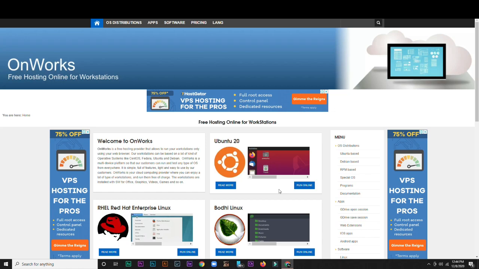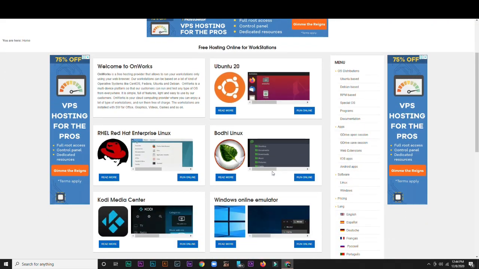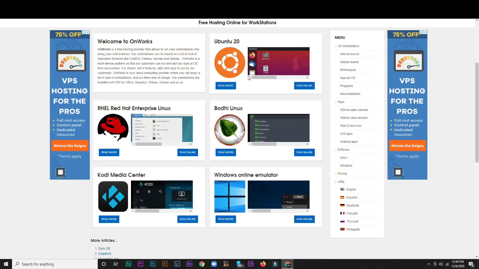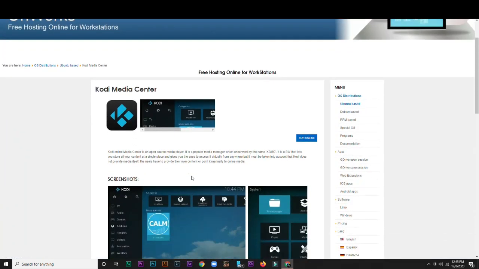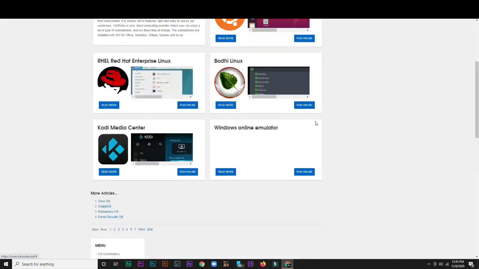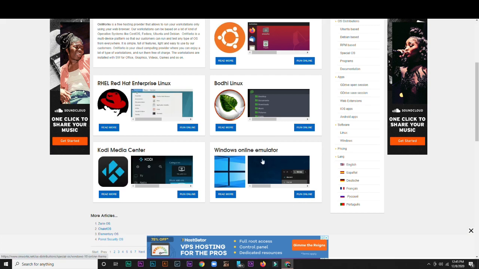So basically this is the website for a free VPS. As we know, a VPS has some sort of operating system. A lot of users would know about Ubuntu 20. If you are aware of this version of Linux, you can use this one as well. And there are further details if you click on read more. Anyway, today I'm going to show you a Windows VPS, and how you can use it freely.